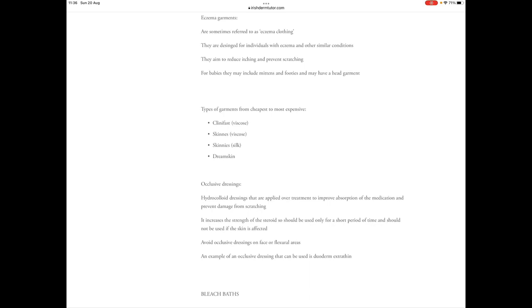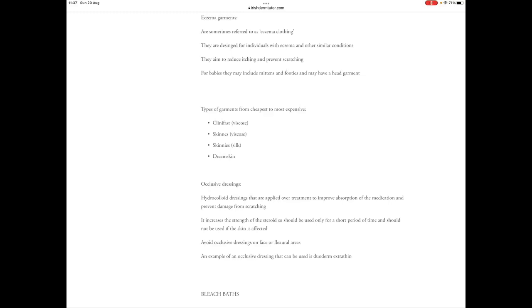They're sometimes called eczema clothing as well, and they're designed for individuals with eczema and other similar conditions. The aim of them is to reduce itching and prevent scratching, and oftentimes you'll see they come in all different sizes depending on what age the patient is or what size they are. And even for babies, you might be able to get mittens, little footies, and little head garments that help prevent